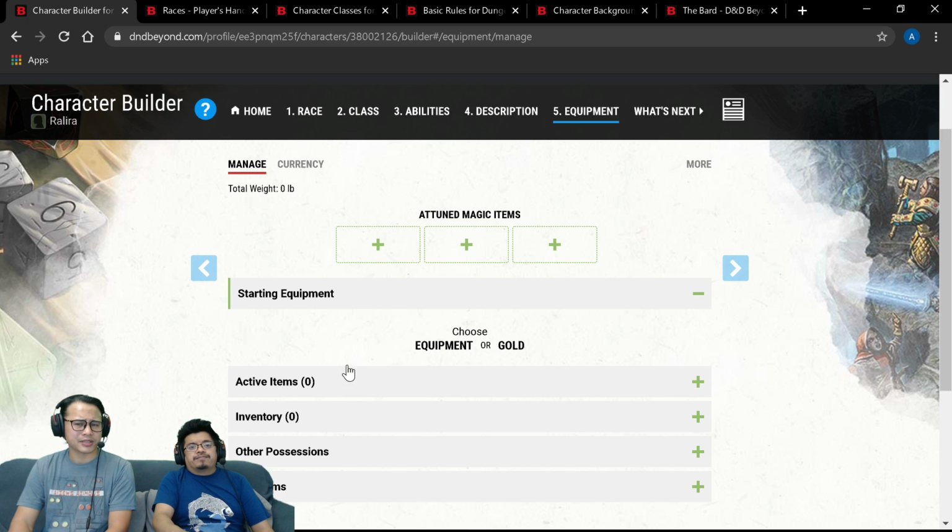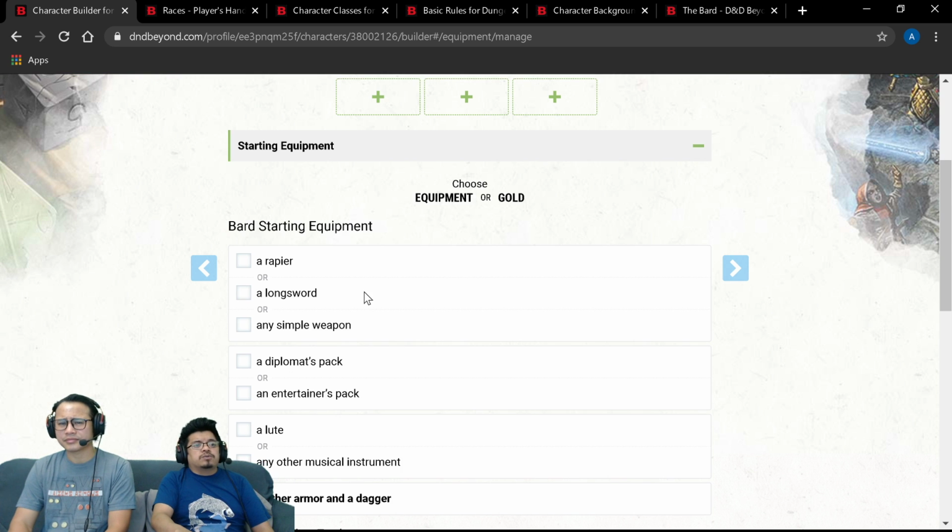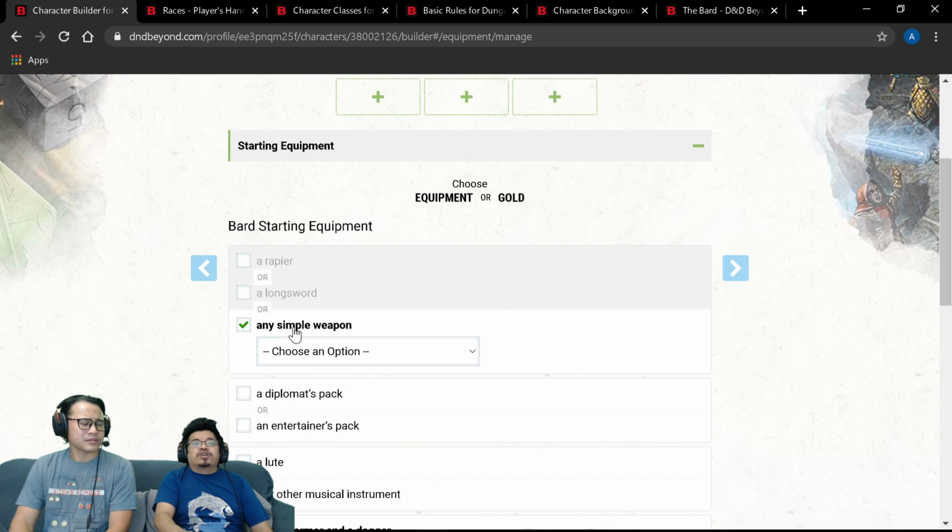With equipment, I think they give you an either-or situation. It really guides you through it. So we could either choose a rapier or a longsword or any simple weapon. We learned earlier we're good at crossbows. I would definitely look into the specs for the weapons you should be using,